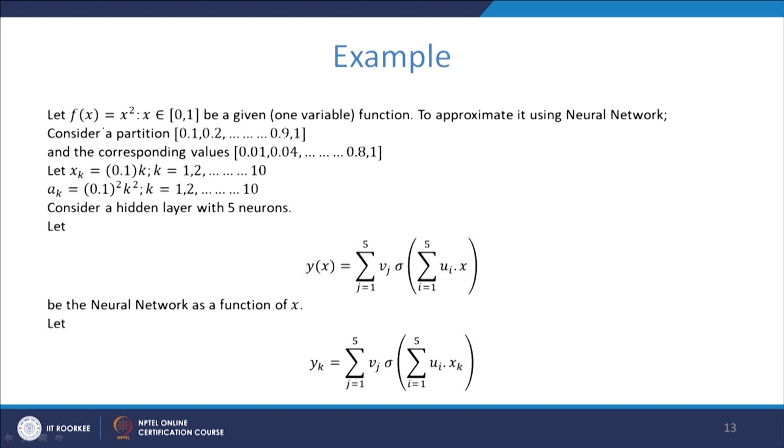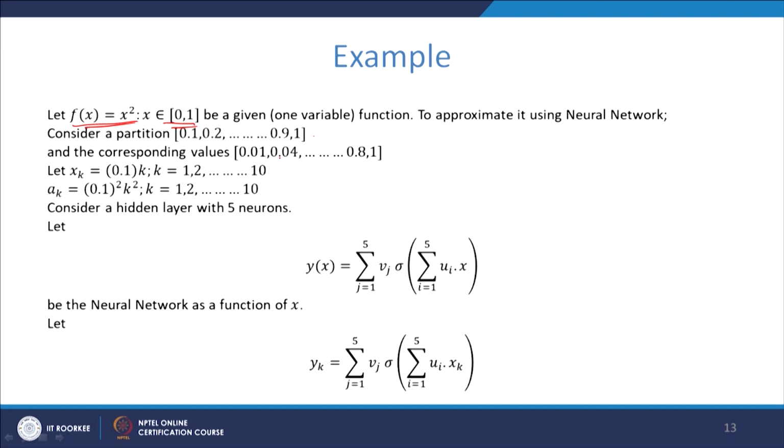Now, if f of x is a given function, earlier we have seen how a constant output is approximated by a neural network. Now, if a function f of x is given in the interval 0 to 1, how do we approximate it using a neural network? So, let us divide the interval by 0, 0.1, 0.2 etc. up to 1, the given interval, and the square of x is given by